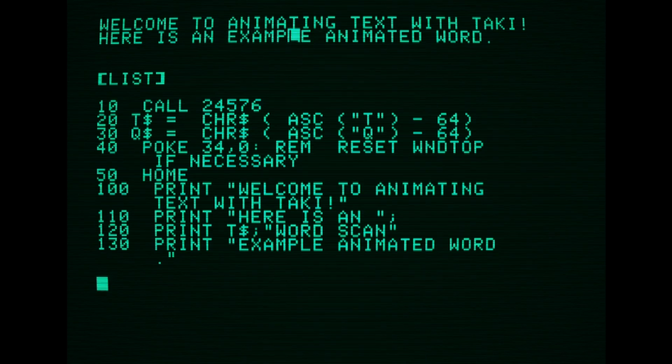The Taki command ends when it sees a carriage return, so a full PRINT without a semicolon is appropriate. Taki will eat the carriage return, so the text cursor is still right where it was before we sent the special character in T string when we send it the word. And then when Taki sees a space from PRINT, or a carriage return, it stops sending the text to the effect handler and goes back to just sending things directly to the screen.